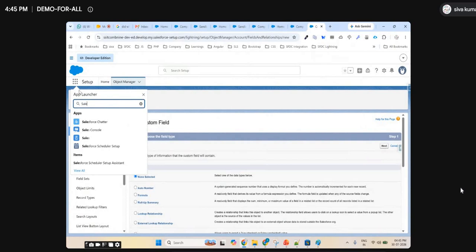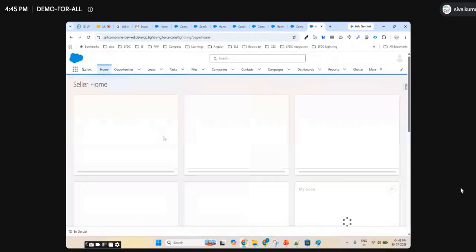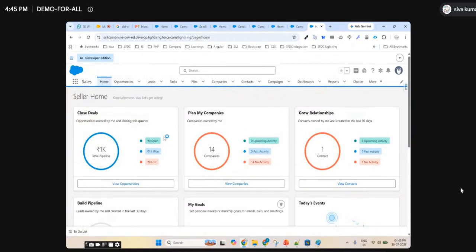It's like an app launcher, like how we have an app launcher in mobile, right? You'll see all the apps here. But you need to understand the concepts. With your Salesforce org, whatever you created, what are the things coming out of the box? You're getting my point?